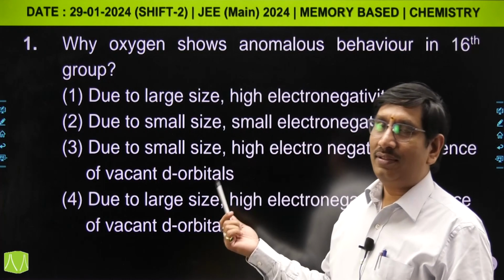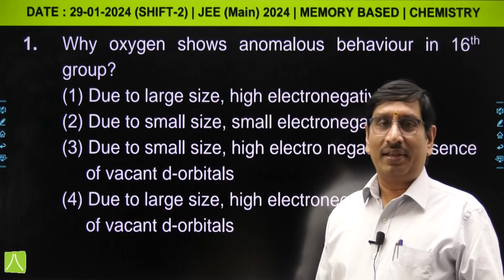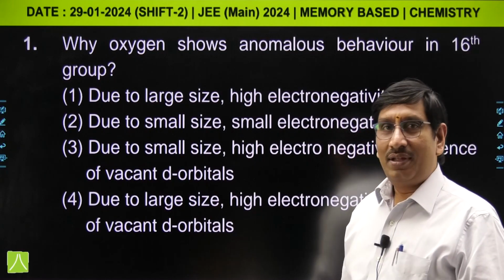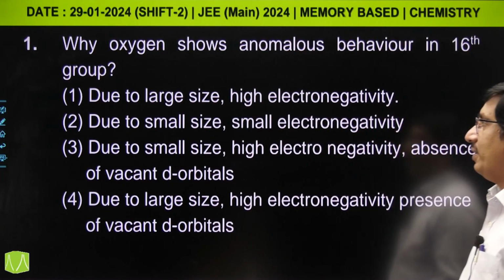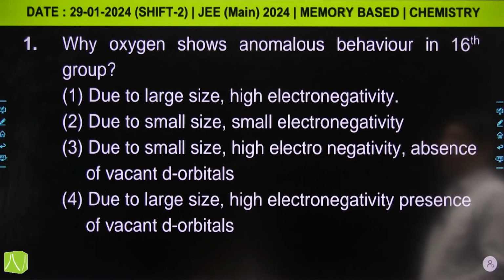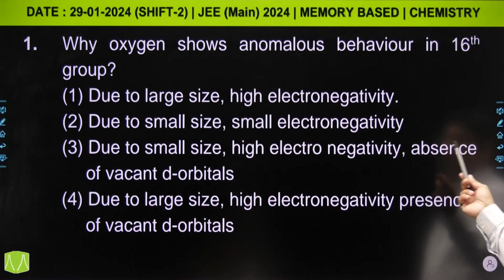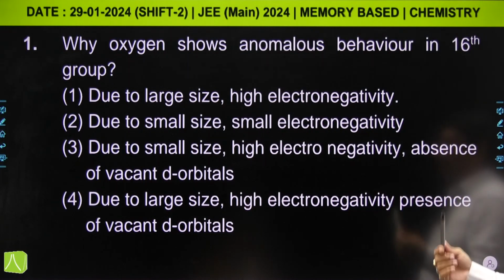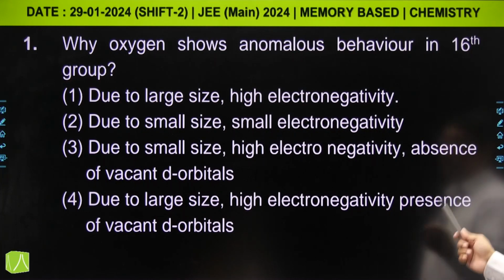आज 29th second shift की पेपर देख रहे हैं अपन memory based questions. First question given in this paper, why oxygen shows anomalous behavior in 16th group? The options given are due to large size, high electronegativity, due to small size, small electronegativity, due to small size, high electronegativity, and absence of vacant d orbitals, and fourth option due to large size, high electronegativity and presence of